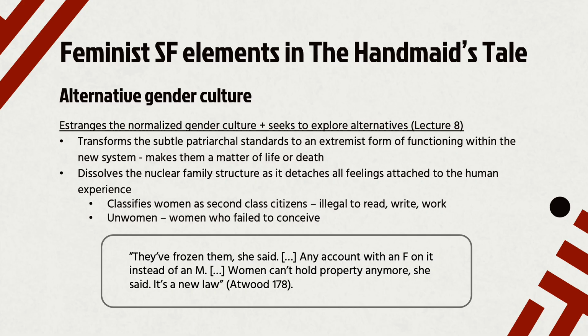Through this quotation, we can see the ways in which women are denied access to certain methods of maintenance that can provide them with a means of independence outside of their husbands or families, which again ties into the way that women are denied their humanity and treated as second-class citizens under their male figures. It can also be seen in the way that women who fail to conceive are recognized as unwomen and again are denied their humanity simply on their biological basis and their ability to provide children.